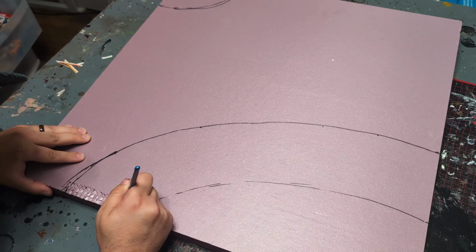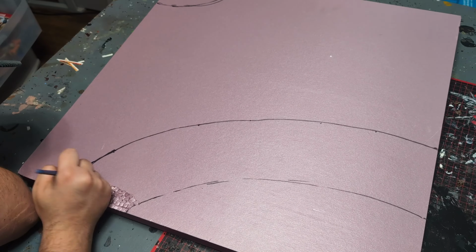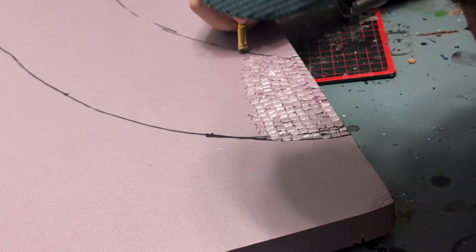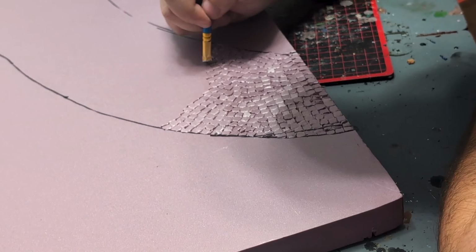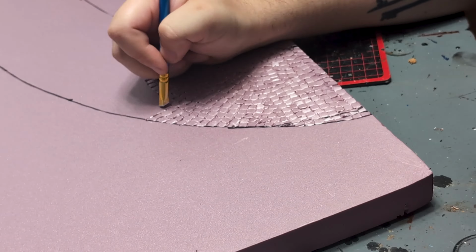And while you're doing it, you're going to find that you're going to have to change the angle of the tool to make sure that you're filling the gaps you're leaving behind. I try to get them as close as possible with one grout line in between each brick. It takes some practice, and my first board is a little janky, but it still does end up looking good